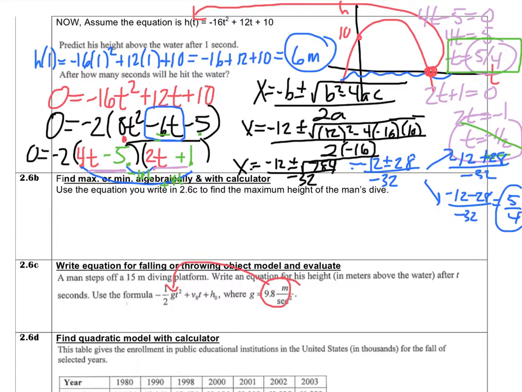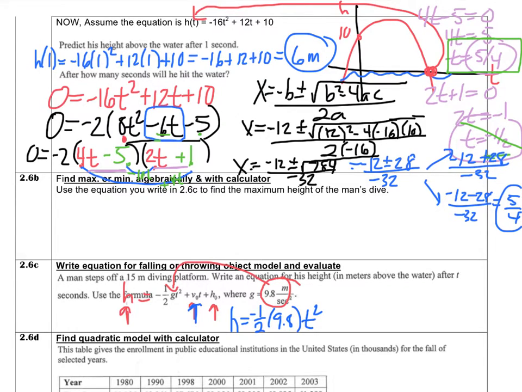So what we're seeing is we need to know the initial height, and this, by the way, is going to be equal to his ending height. And then we need to know the velocity. So as we set this up, it's going to be the ending height is equal to negative 1/2. G in this case is 9.8 t squared. The initial